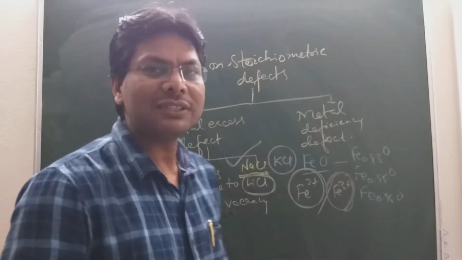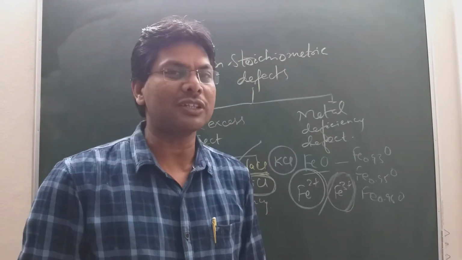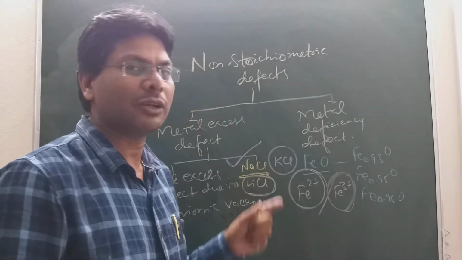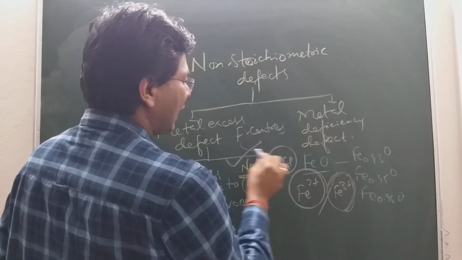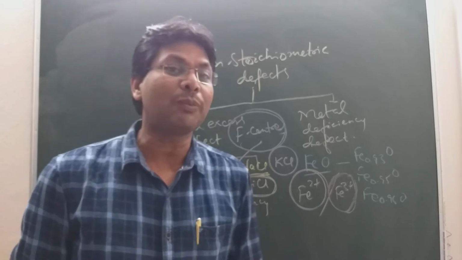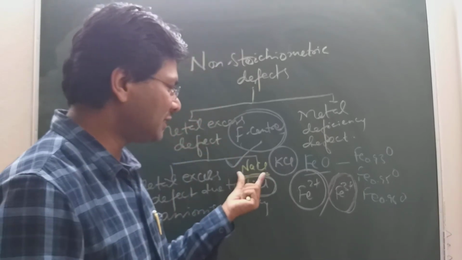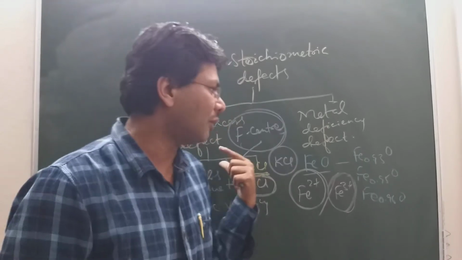So when NaCl is heated in sodium vapor, some of the chloride ions migrate to the outside of the crystal. That position is occupied by an unpaired electron. That is called F center. So keep in mind F center. What are F centers? Anionic vacancies occupied by unpaired electrons, which are responsible for color in alkali halides. So NaCl is yellow, lithium chloride pink, and KCl violet or lilac. That you have to keep in mind.